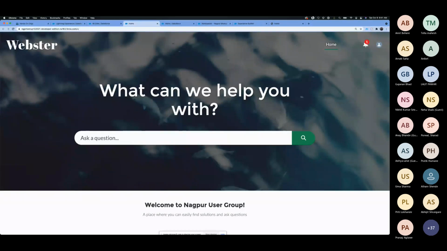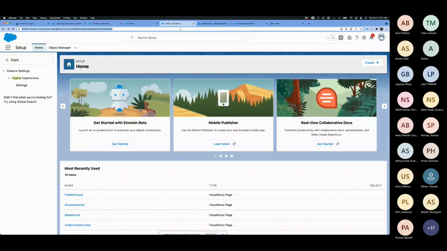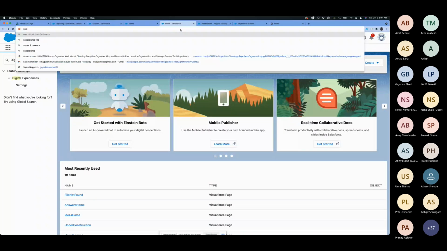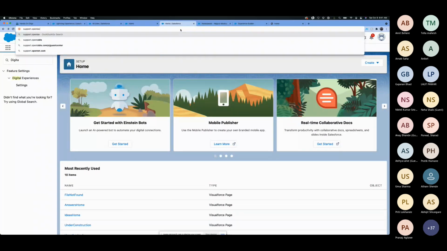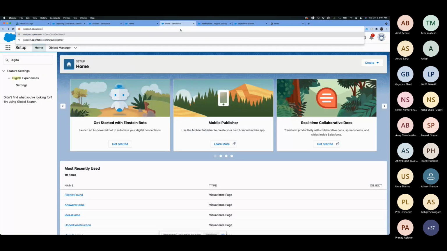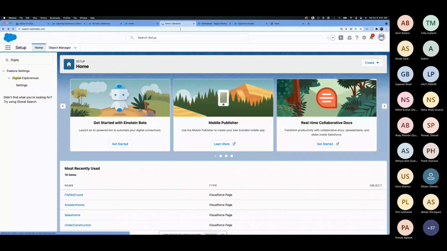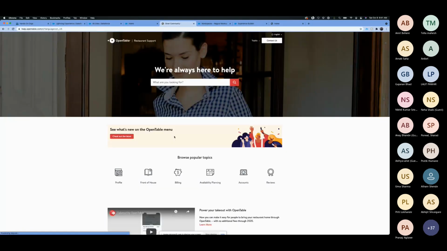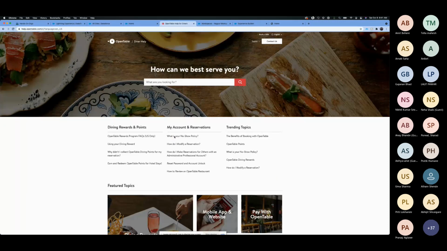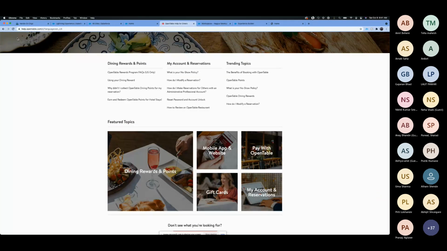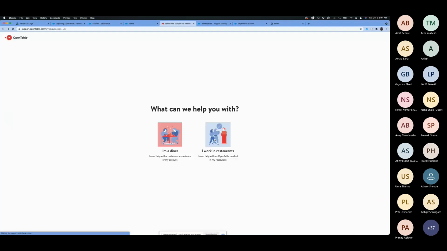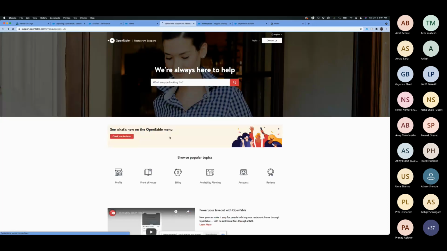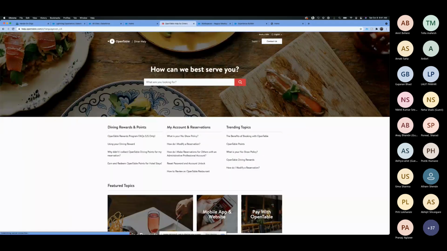Someone has asked whether it is possible to have a live chat in Experience Cloud. Yes, I can show you an example. Here in the US, there is an app called OpenTable, a restaurant reservation service where you can book a reservation online or through their app. This is a Salesforce site, and they have a live chat feature. Currently their live chat is turned on, so you can see it there.